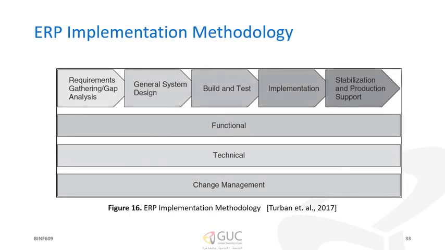There are many methodologies documented and used in ERP system implementation. This figure shows a sample ERP implementation methodology, in which there are 5 phases of the life cycle, from requirement gathering and analysis to stabilization and production support, which are applied to the 3 levels of ERP implementation: functional, technical, and organizational. ERP implementation strategies include the following. Implementing an ERP system is problematic without first considering current business processes